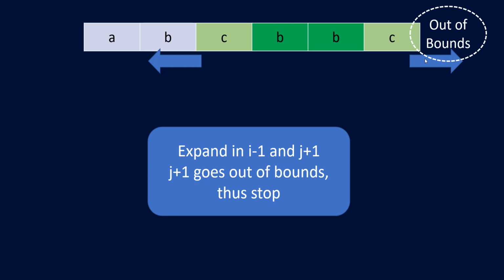So over here, the only thing that you use is I and J variables and not the matrix as a whole. So your space complexity reduces over here and becomes O of 1. But your time complexity would still be O of n square because you are going to check for each character and expand on it. So for a single character, you would be checking for length n.